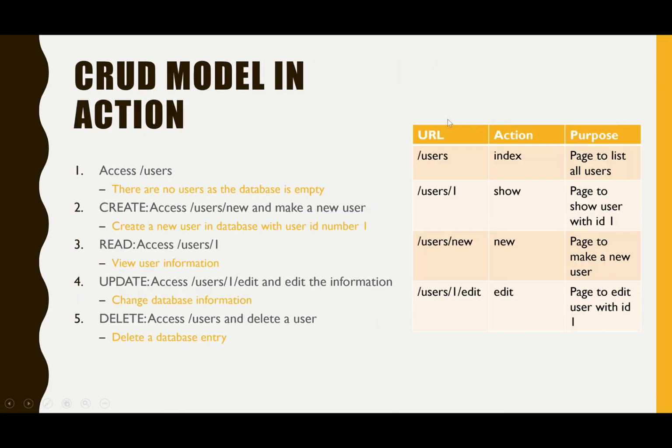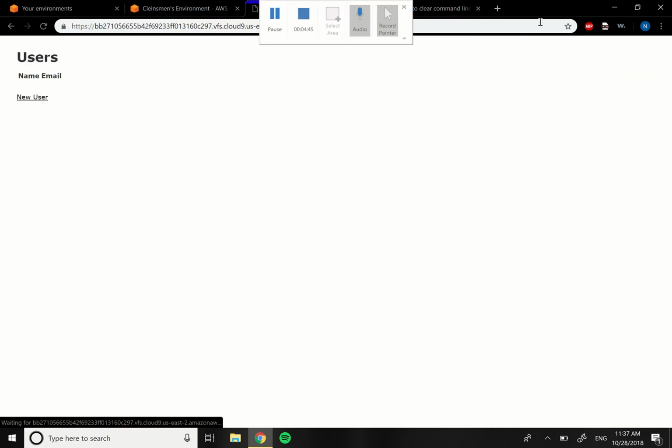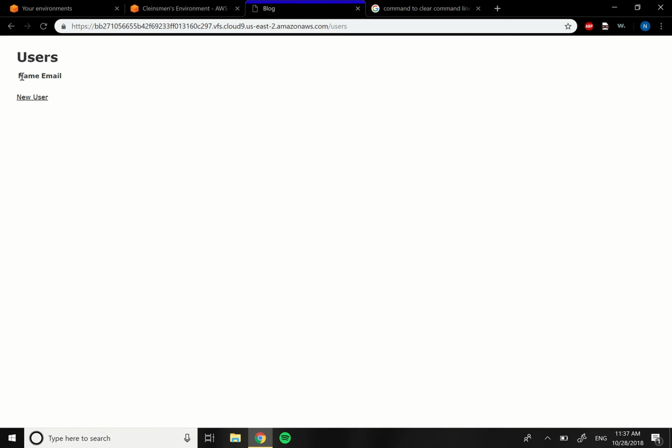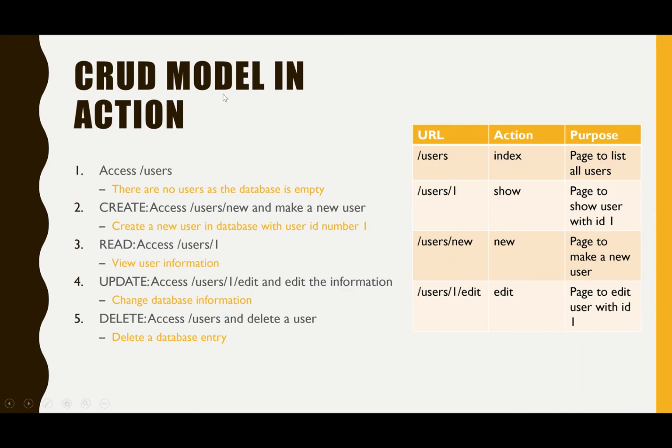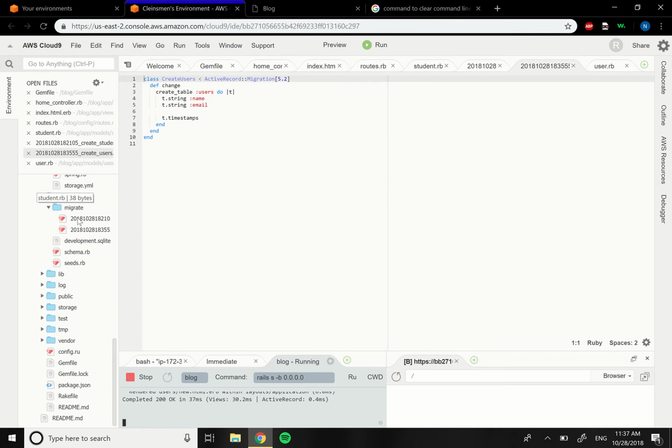Right, now we're going to go on and see how the CRUD model is in action. If you access users, so if I do this, okay, now I don't want to look at the database, I want to look at the users page. You can see that there are two columns, and I am actually able to create a new user. And there's a button for me to click on to create a new user. You can see in this case it routes me to a page called users new, and this is largely because if I go down to my routes,